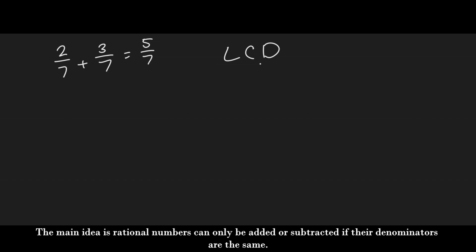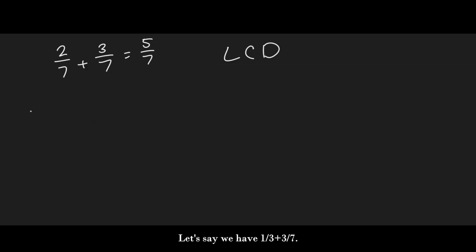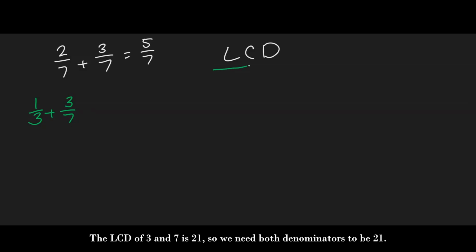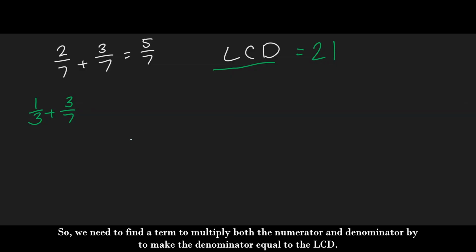The main idea is rational numbers can only be added or subtracted if their denominators are the same. Let's say we have 1 over 3 plus 3 over 7. The LCD of 3 and 7 is 21. So we need both denominators to be 21. So we need to find a term to multiply both the numerator and denominator by to make the denominator equal